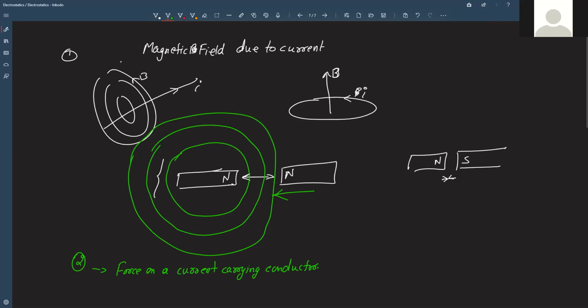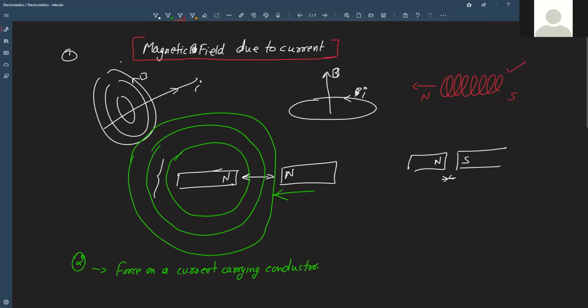Yeah. So remember the two things. These two things are different but related. First, magnetic field due to current. And from there what we concluded is that a current carrying conductor will behave like a magnet. We have already seen that this solenoid, if current is flowing in it in such a way, then it behaves as a bar magnet. This we have already seen, right?